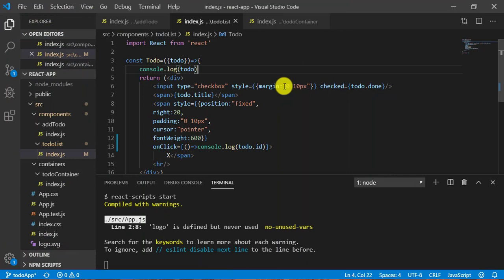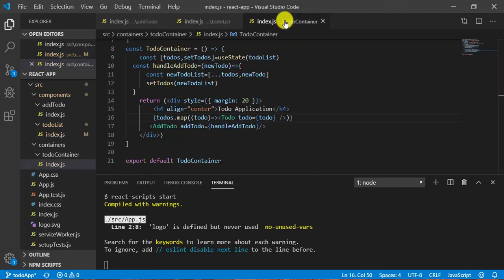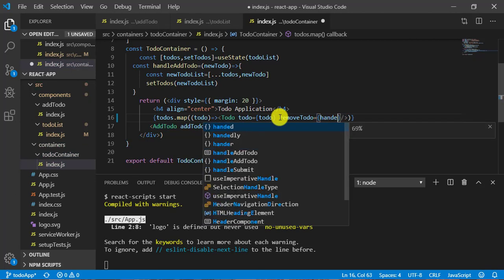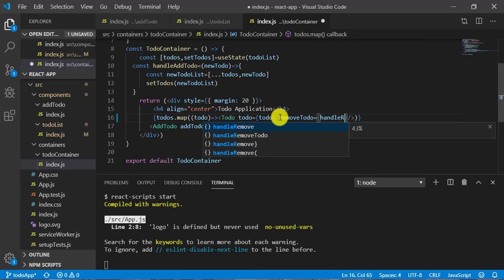Now we need to have a function which is going to remove the to-do, and that function will be in the to-do container, right? So from here we can pass another prop called removeTodo. We need to pass a function, so call it handleRemoveTodo.